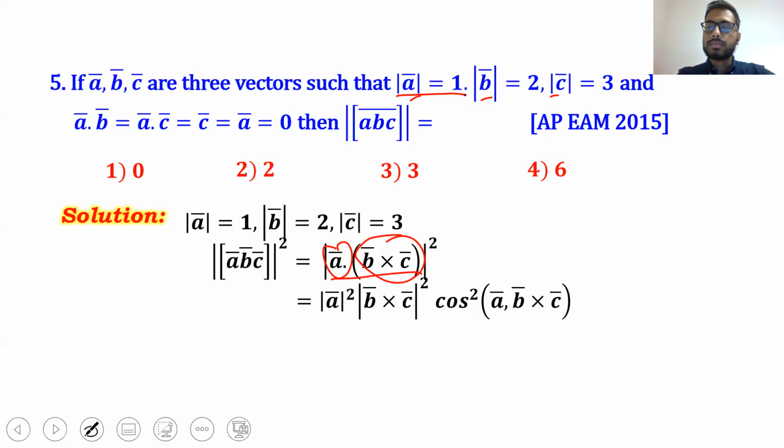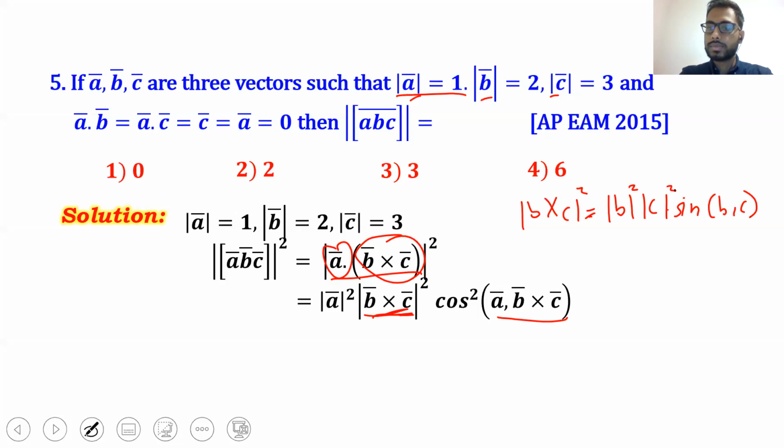Okay, which values I don't have? I don't have B cross C currently. And I don't have this angle. But what would be value of this term, B cross C? B cross C, the whole square, I can say that is equal to BC into sine of angle between B and C, and there is square present, so square, square, and square. I have magnitude B 1, magnitude C 1, and sine of angle between B and C.